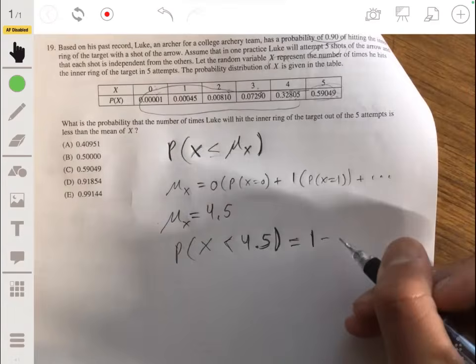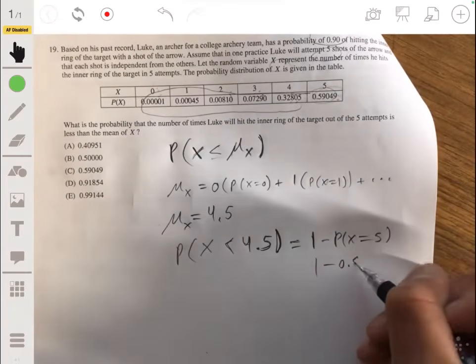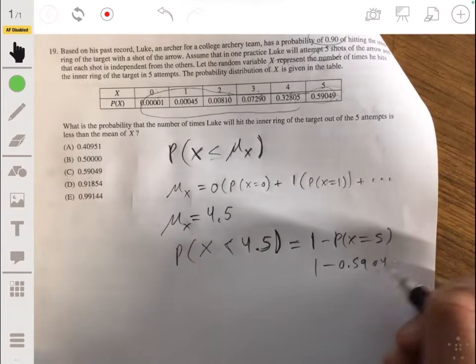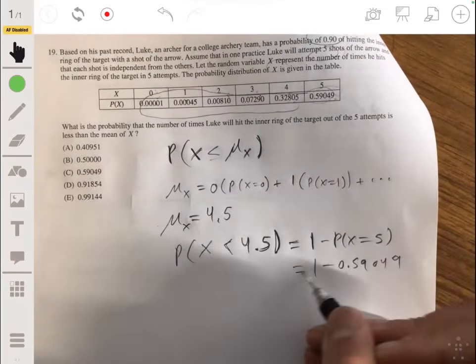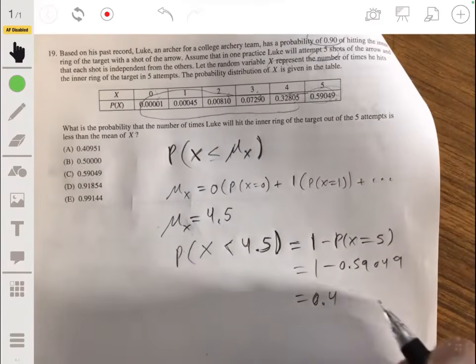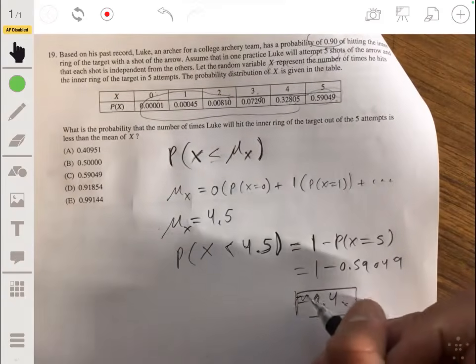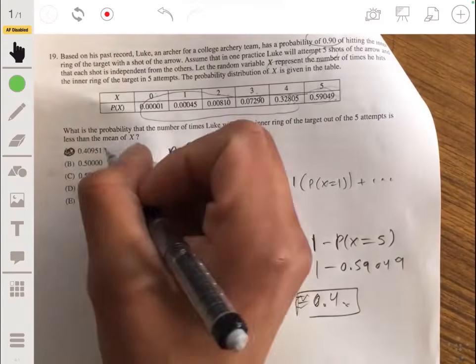So 1 minus the probability that x equals 5, or 1 minus 0.59049. And this will be about 0.4. So out of the calculator, say about 0.4, which will be A. So our answer